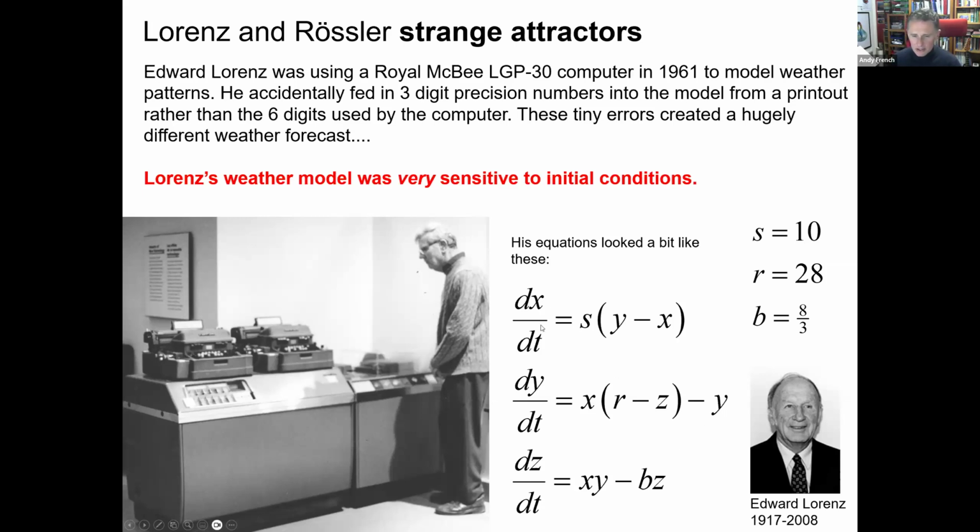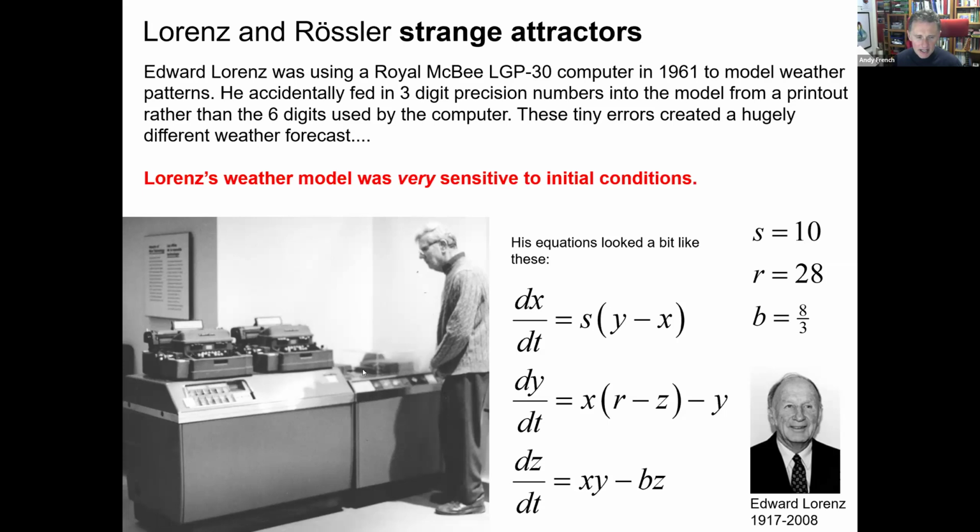You have to use a computer. And the simplest thing you could do is say, well, let's look at a small time interval. And if we know what X and Y and Z are initially, we can multiply that by a change in time and work out the change in X, etc. So he did this in a computer. And what he did is he thought, well, this took a long time. And so when he got to the data the next day, he just fed in where he got to and saw what would happen next.